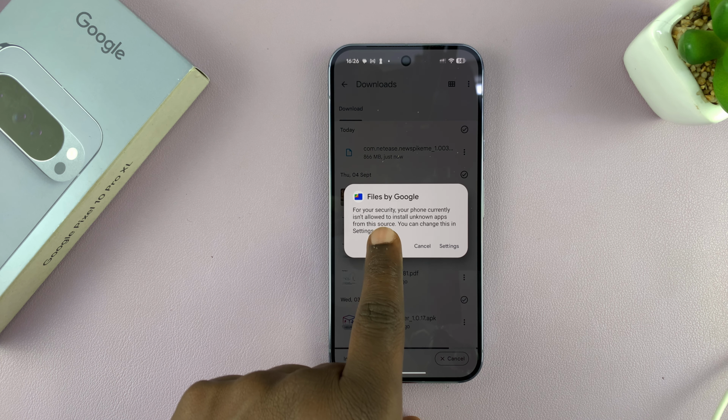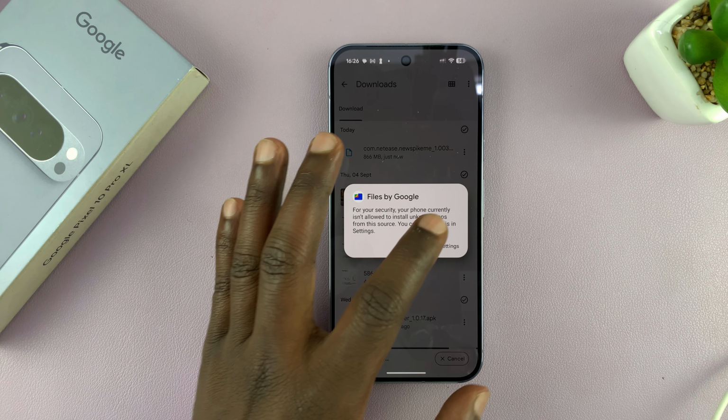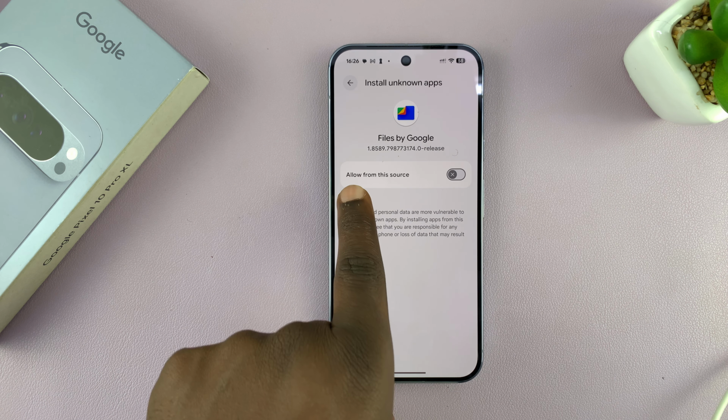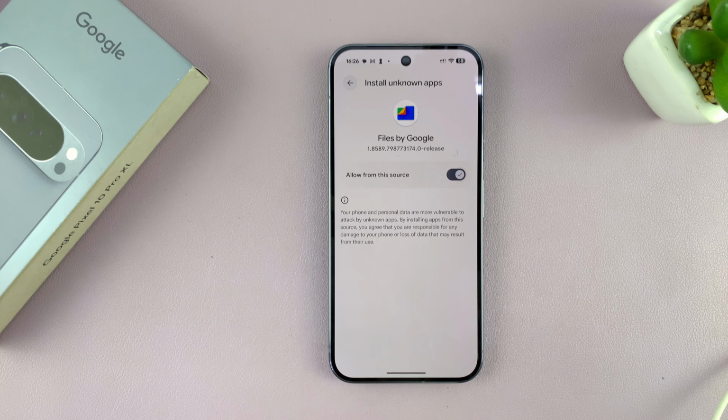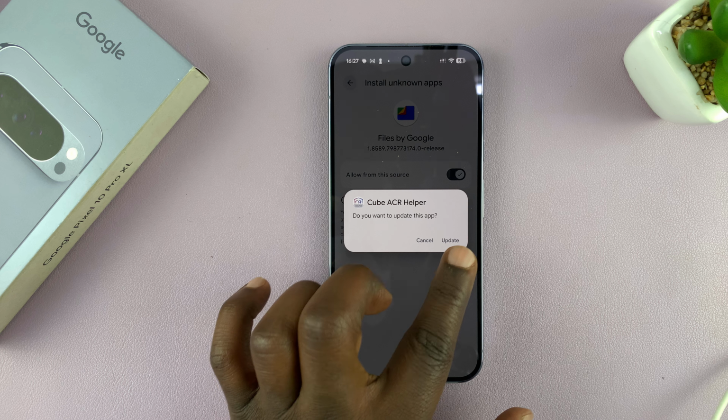Now, of course, by default, your phone will not allow you to just go ahead and install APK files. It's going to ask you to go into settings. So tap on settings, and then you want to allow from this source. Now, once you allow, then it's going to bring up the installer, and then you can go ahead and tap